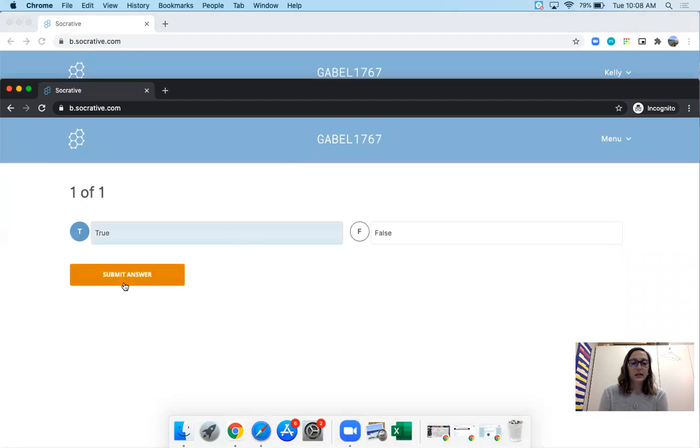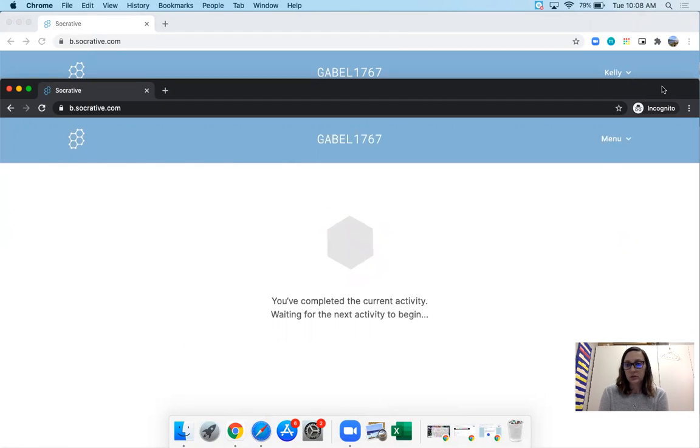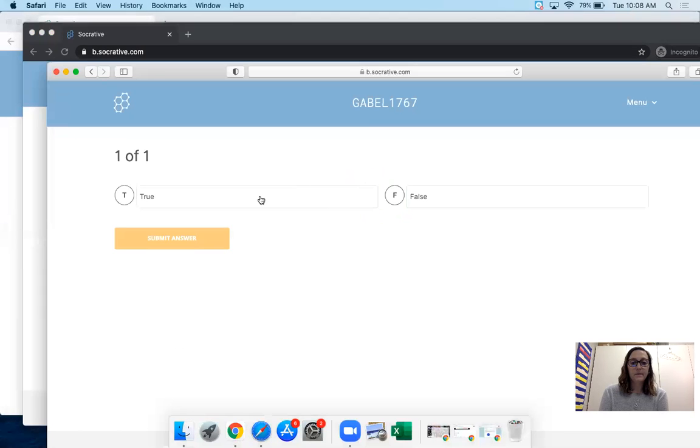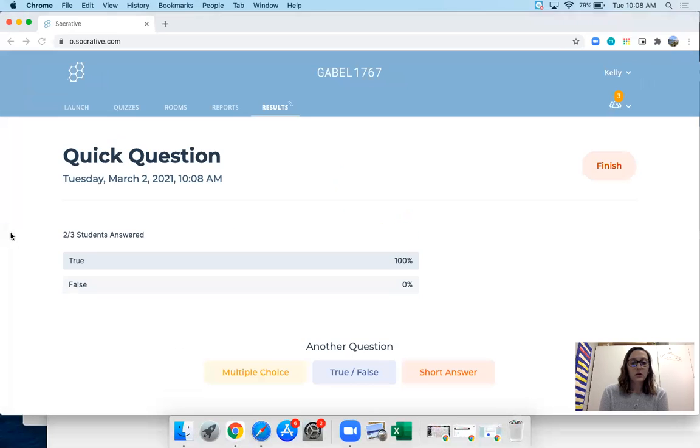So we'll say true. We'll find the other window here. We'll say true. I see that 100% of my students so far are saying true. Someone else answered. And again, the results are live. You have this little bar, a visual representation, and the percentage. So you can see right away, yes, they evaluated my question correctly. We're ready for the next example. Or you get a really quick read that your class is 50-50